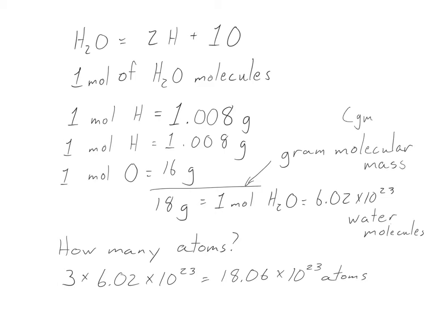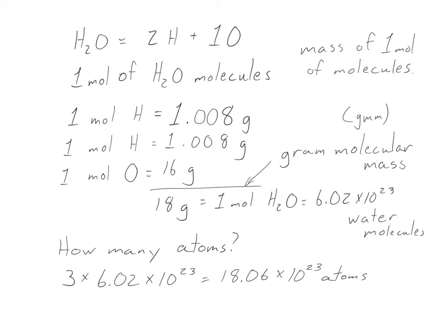Abbreviation GMM. And it is going to be the mass of 1 mole of molecules. So we would say the gram molecular mass of water is 18 grams. That is what 1 mole's worth of water would weigh. So we have gram atomic mass, gram molecular mass,